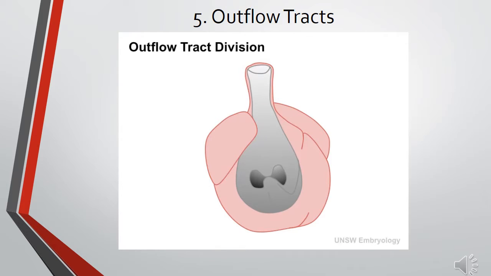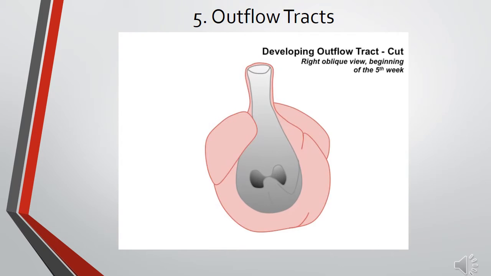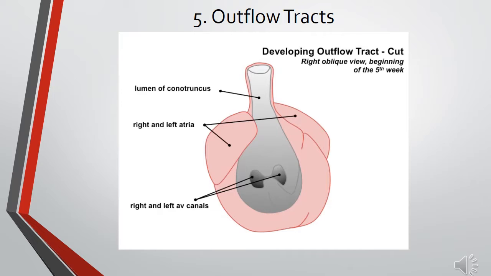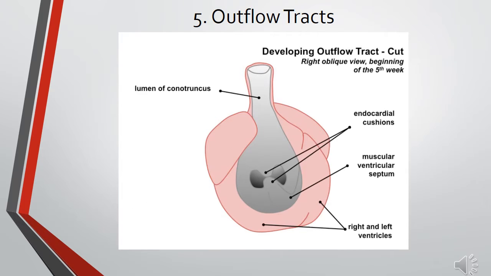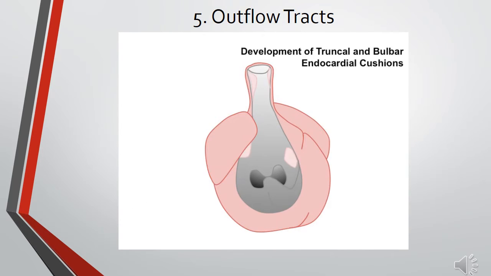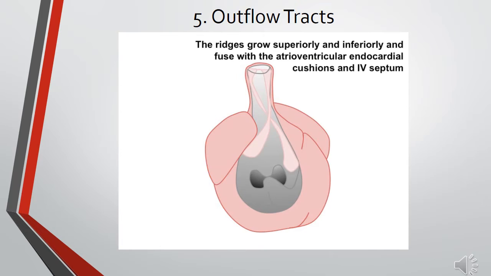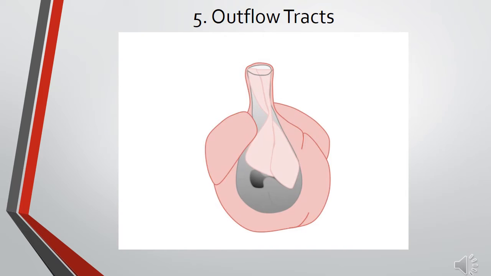So, outflow tract divisions: active proliferation of the neural crest mesenchymal cells in the bulbus cordis during the 5th week creates bulbar ridges, which are continuous in the truncus arteriosus. The neural crest cells migrate through the primordial pharynx over the aortic arches to reach the outflow tract. The bulbar ridges undergo a 180 degree spiral to create a helical